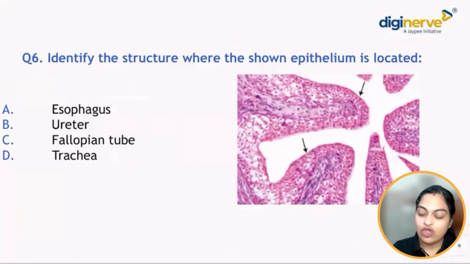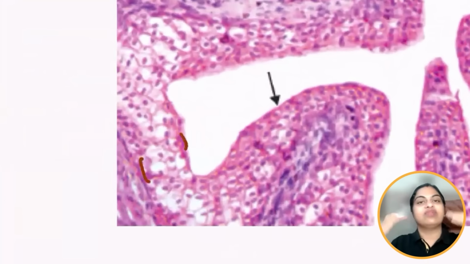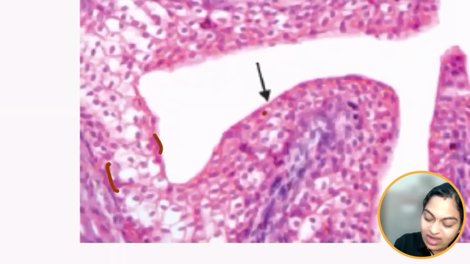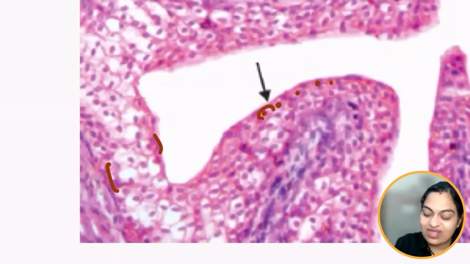Identify the structure where the shown epithelium is located. This is again a repeat question, a very important topic. Yes, I'll zoom it a bit. Right. So here you see a sort of stratified epithelium. Many layers, isn't it? Carefully concentrate on the shape of the nuclei located in the topmost layer. Okay. So here you can make out nice round nuclei, which is very characteristic of umbrella or dome-shaped cells